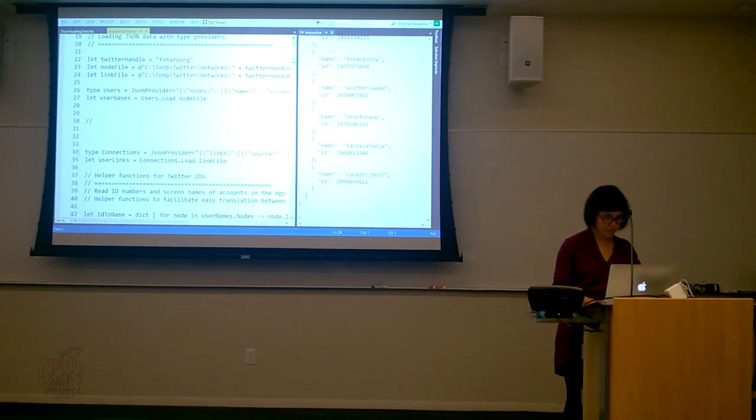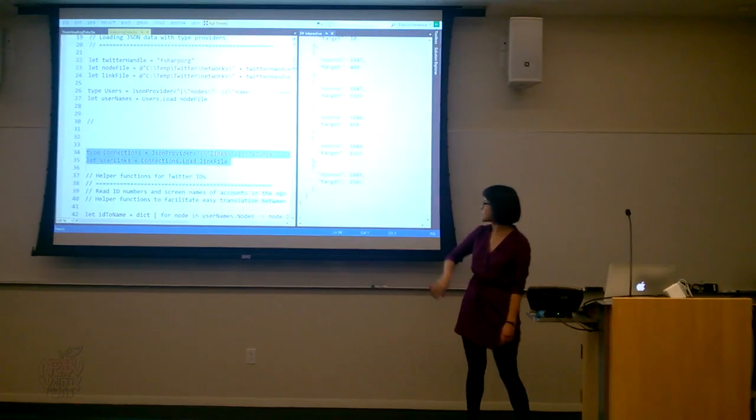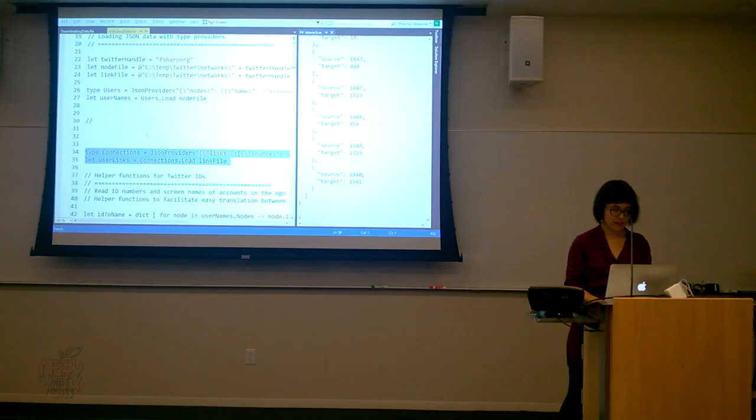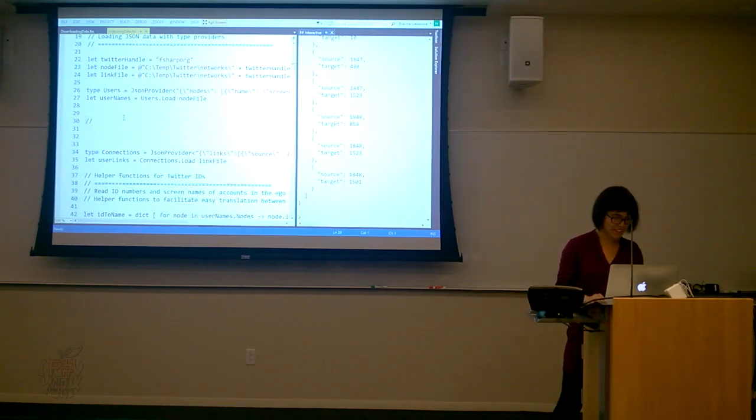I will just load my data that I saved into the JSON format. You can see this is, again, a JSON document, and I can access it through type providers. So, for example, for usernames, I can look at all nodes.